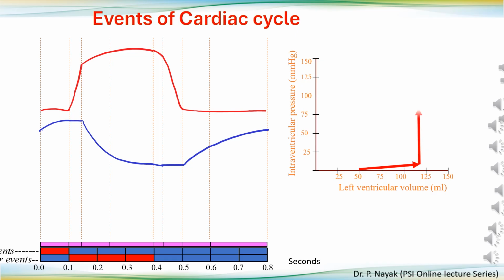There will be isovolumetric contraction phase with no change in volume but a steep rise in pressure reaching intraventricular pressure to 80 mmHg. With the opening of aortic valve, the pumping of blood starts in the ejection phase that continues with the rise of pressure up to 120 mmHg and again stops when the pressure falls to below 80 mmHg. During this time, the ventricular volume reduces from the end diastolic volume to end systolic volume, pumping the stroke volume